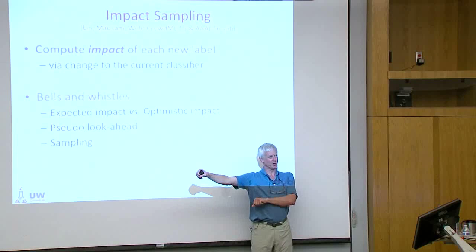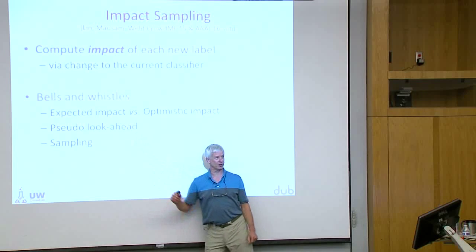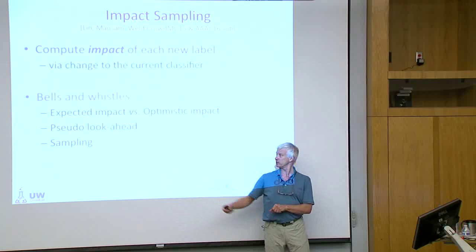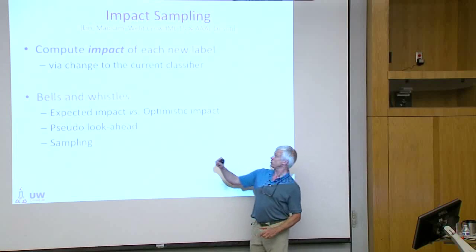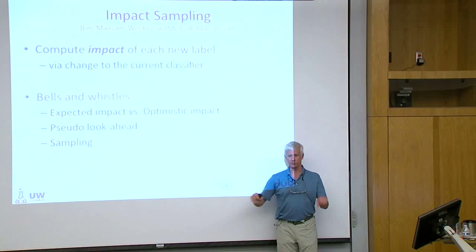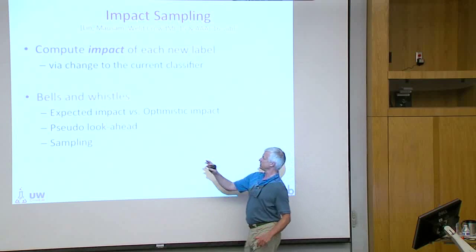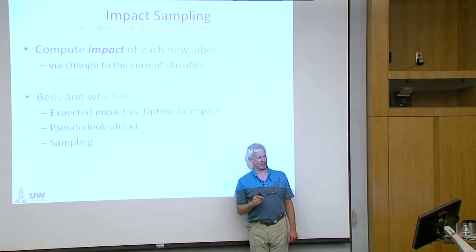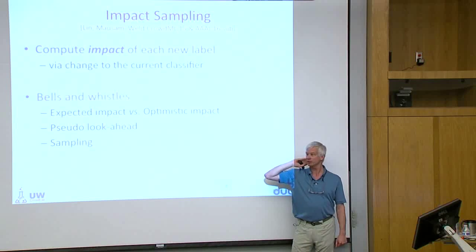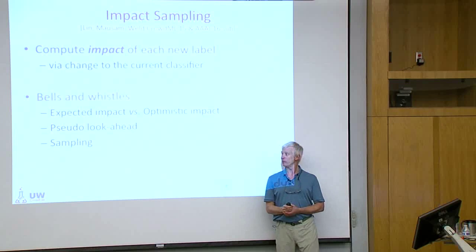In fact, you'd really like to do multi-step look ahead, but that's combinatorial, and we don't really know how to do that. But Chris came up with something called pseudo look ahead, which allows you to actually get much of the benefits of a look ahead search without having to pay the costs. There's an interesting question about whether you should use expected impact or optimistic impact in terms of the probability of the label that the annotator is going to give you. I think it makes complete logical sense to me that expected impact makes more sense. Unfortunately, optimistic impact works a lot better. And somehow Chris and Mossam have convinced themselves that that actually makes more sense too, but we keep arguing about it.